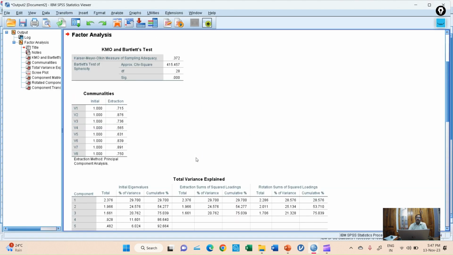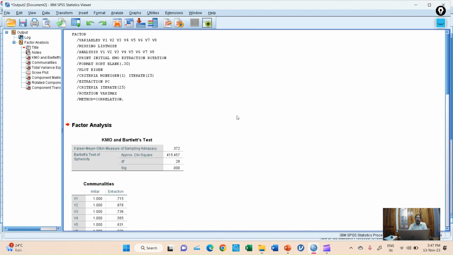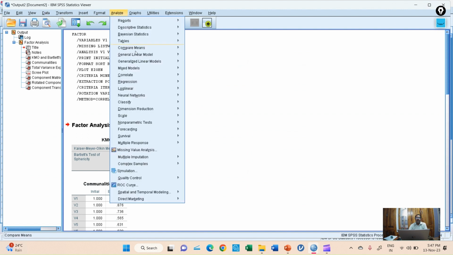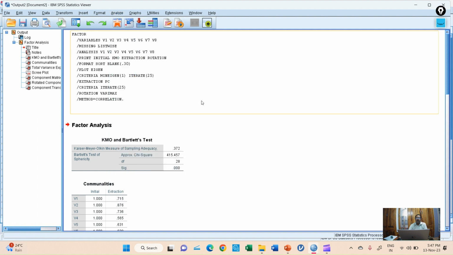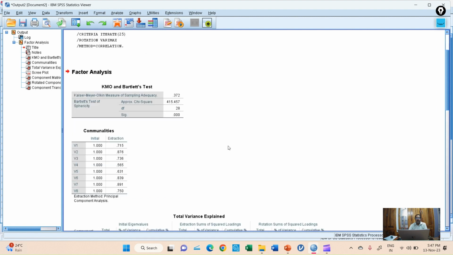Now, SPSS is running the analysis. At top, we have the command prompt. If you type, it can also go. Either we can go by mouse driven, like we have already checked, analyze, dimension reduction, factor. So this also we can do. Otherwise, if we type all these things, slash variables, we can get this report. So here we have